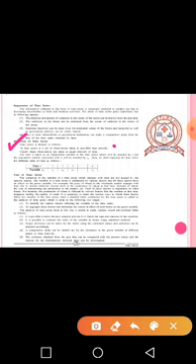Now we are going to learn the uses of time series. Clear? The variations in the variable of a time series which changes with time are not caused by one specific reason. In the first line itself it has been made clear that variations in the variable of a time series which changes with time are not caused by any one reason. We cannot say any one specific reason. It may be due to different reasons, or there may be various reasons that cause these variations.